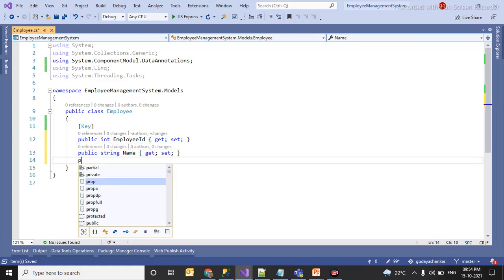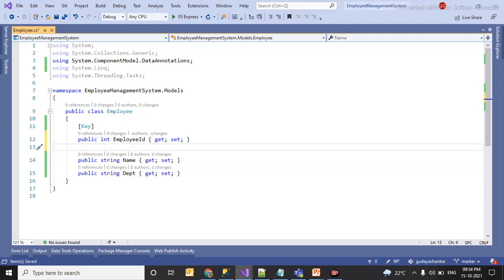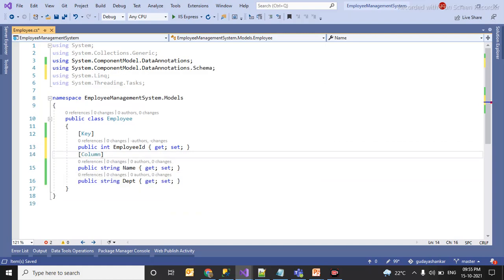Next one will be my department, string department. As of now we are fine with these three properties. Let me define its attributes, such as what is the type of this column. So let me use column, and using schema I will be defining it.